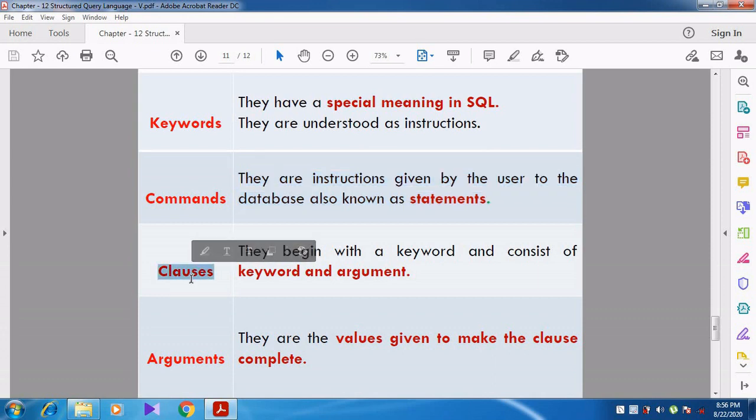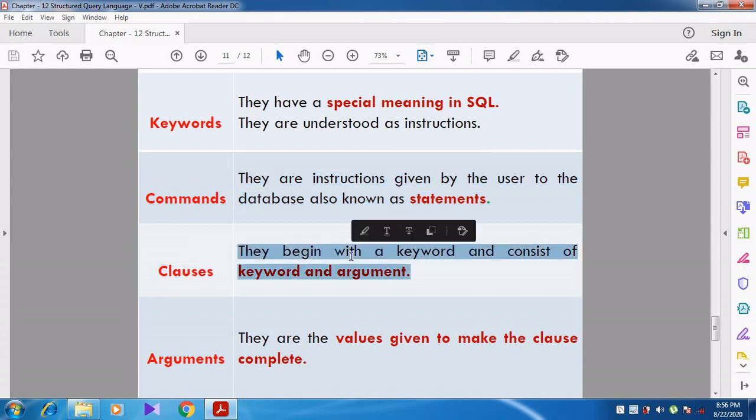Then clauses. What is meant by clauses? They begin with a keyword and consist of a keyword and argument. We are going to see clauses in detail. There are different clauses, like where clause, having clause. Like we discussed, there are different statements in C++, if else, nested if, like that. Here also some clauses are there. We can discuss in detail in the upcoming videos.